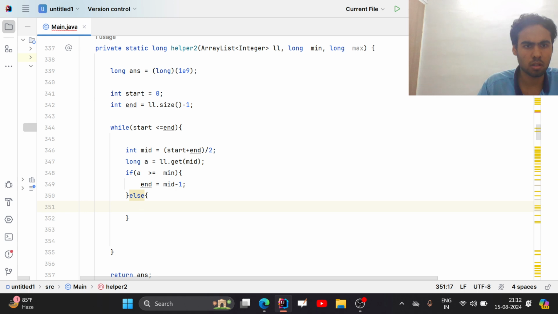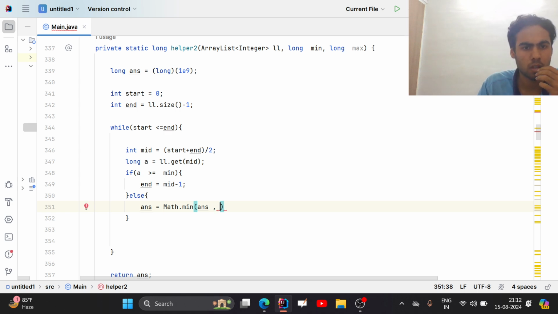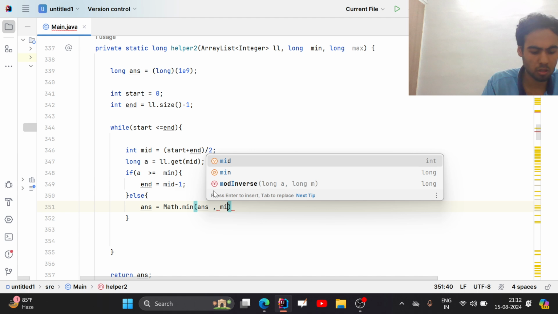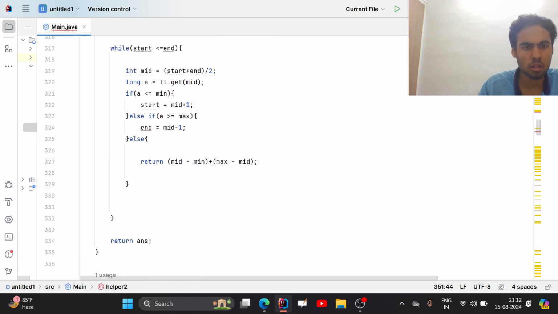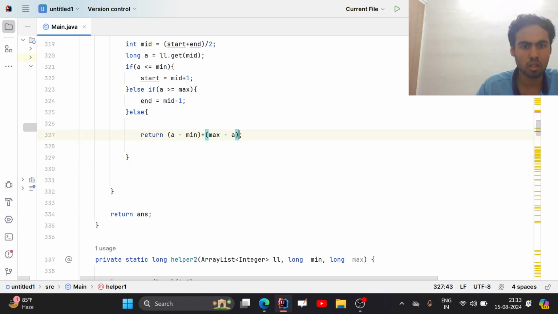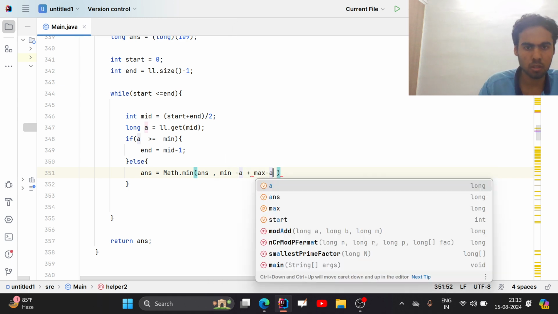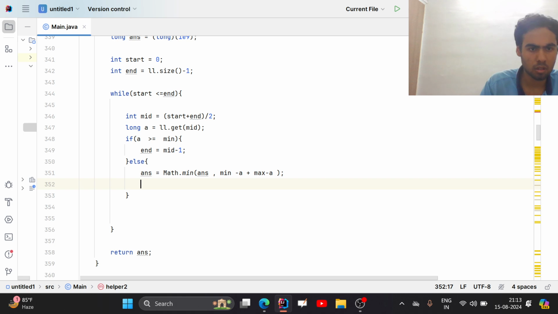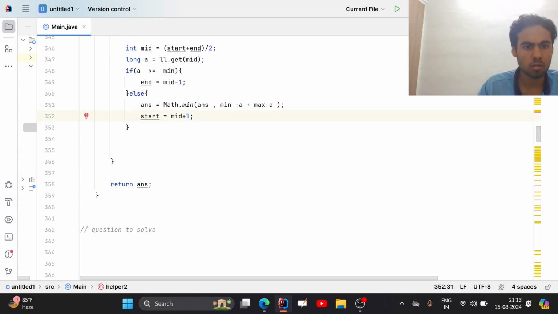Then answer, and if it's the case, then balancing plus balancing, and we have to move towards the start with this. Okay, now similarly